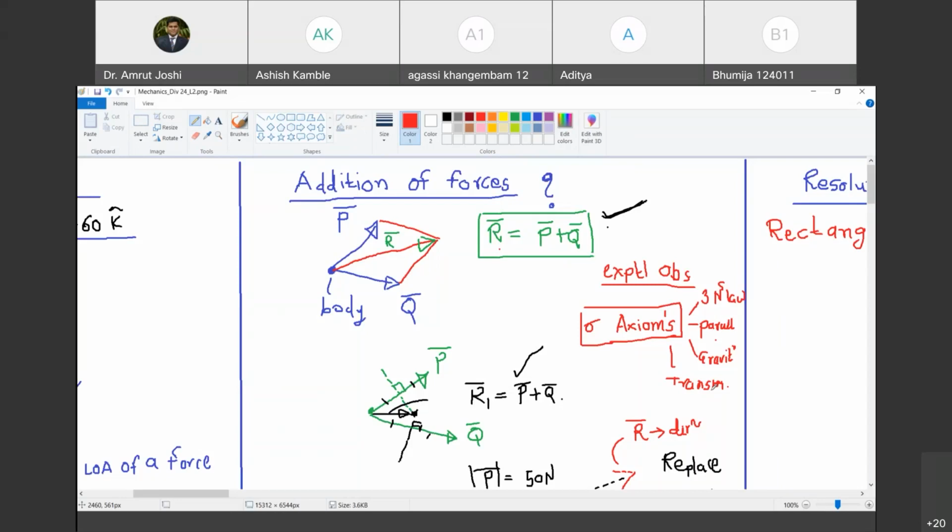Now, look at the beauty of this subject. In applied mechanics, we ask the question why to everything other than these 6 axioms. The 6 axioms are not to be questioned. The answer is only one: it is based on the experiments. Are you with me? Yes, sir. So we start with something which doesn't have a reason, and we derive everything else which has a reason based on these 6 things which don't have a reason. Are you with me? Yes, sir.